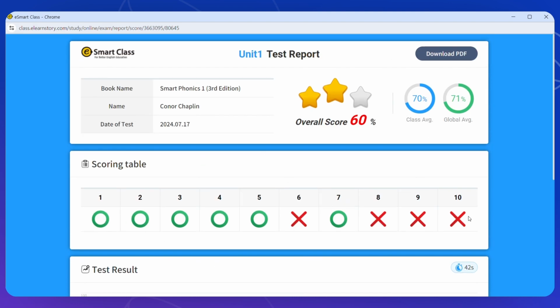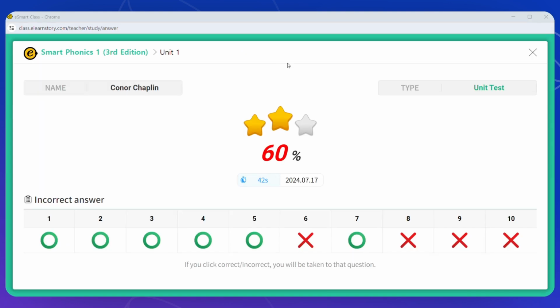If you want to look at how they scored on each of these tests, you can go to the review of the test itself. If you want to check the answers that your students entered, you can open the Check Answers, click the Check Answers button, and it will show you this test. And what it does, you see again, this is Connor's test. You can see his score, but you can click on each of the questions and it will give you the specific answers that you want to look at and review.